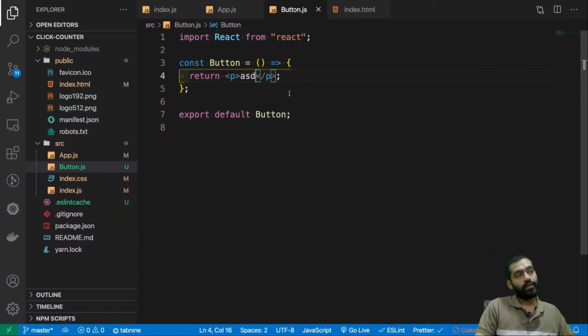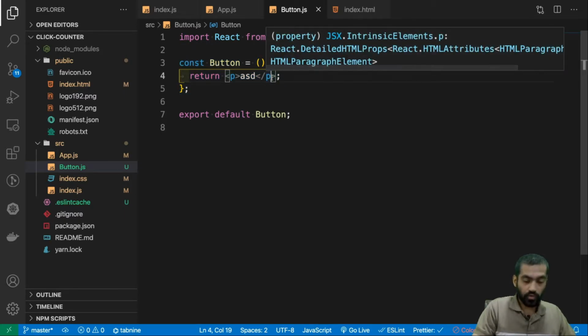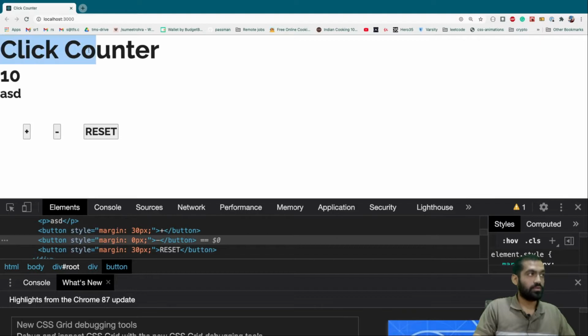So here's one thing: any function that returns JSX is a component, right? This h1, as I told you, was a component.